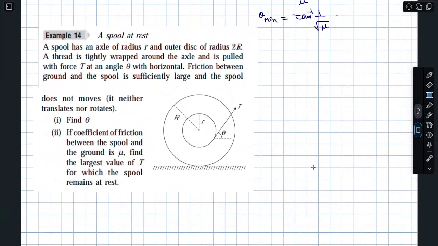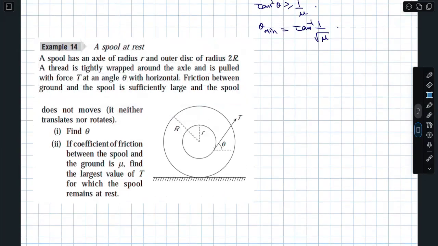Basically, the spool has an axle of radius r, outer radius, disc of radius 2r. Radius, ఏమి ఇచ్చినట్టు వాడు. డయాగ్రామ్ లో ఆర్ ఇచ్చాడు, ఇక్కడ 2r ఇచ్చాడు. ఓకే, వదిలేండి. Thread is tightly wrapped around the axle and is pulled with a force T,